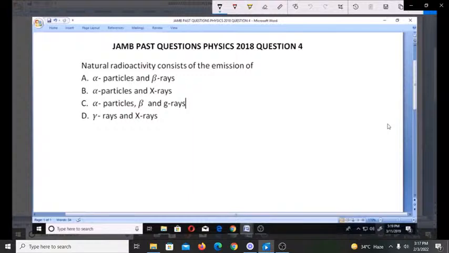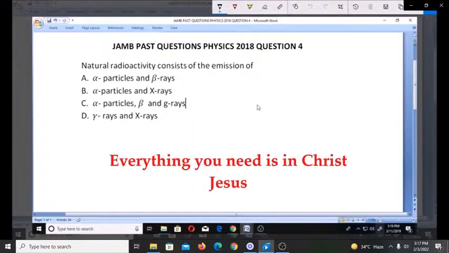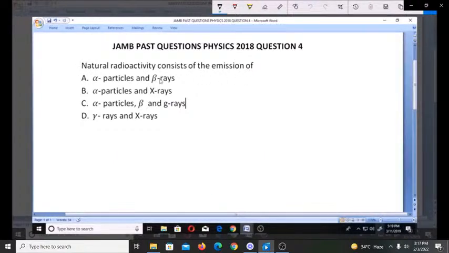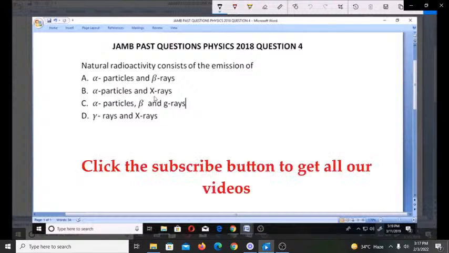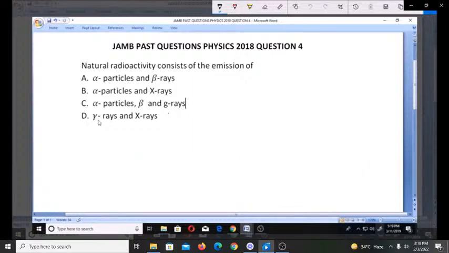Now let's look at this JAMB past question for Physics 2018. Question number 4. Natural radioactivity consists of the emission of A. Alpha particles and beta rays, B. Alpha particles and X-rays, C. Alpha particles, beta and gamma rays, D. Gamma rays and X-rays. Now, for us to understand this very well, we need to know the definition of natural